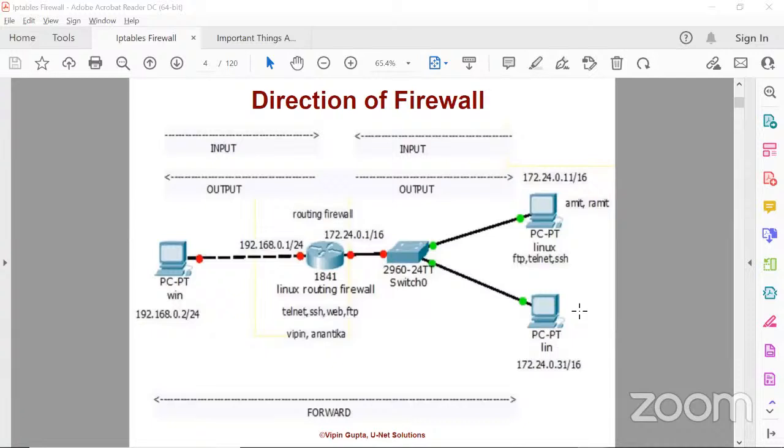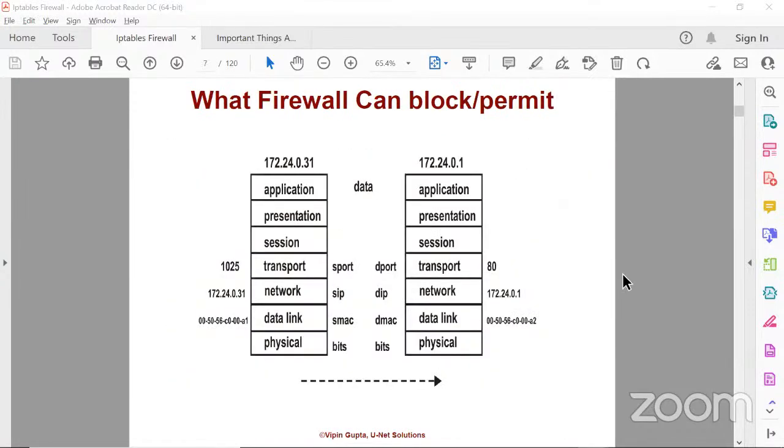Once we have discussed the third thing, we will come to know what the firewall can do and what the firewall cannot do. If I am going to purchase a car, I will not be able to do the farming. For farming purposes, I need to purchase a tractor. Same way, when we are dealing with the firewall, you have to understand what the firewall is going to prevent and what it is not going to prevent. Once we have discussed the third thing, we will straightaway move to the practical purpose. So now what is the third thing?